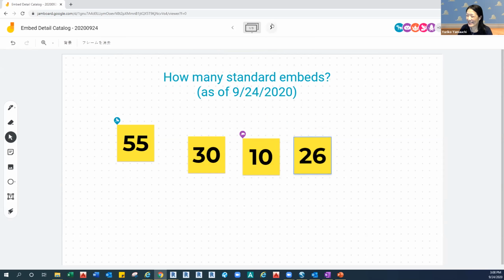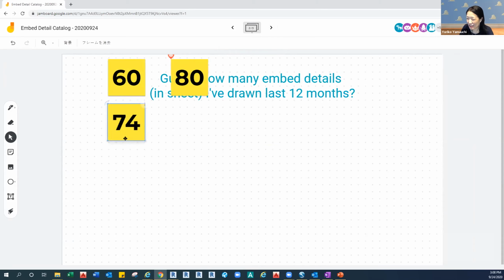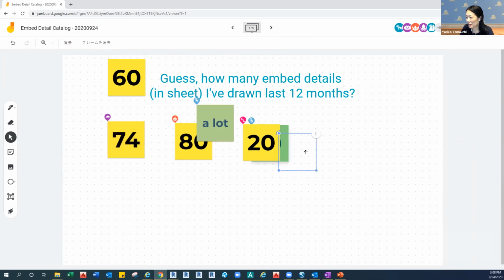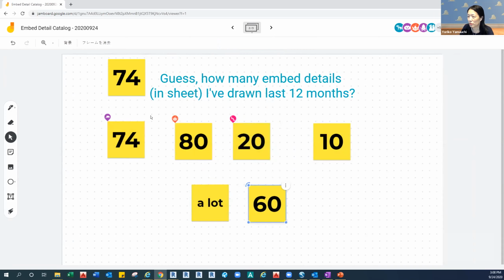All right, then next question. That one is also a guess. How many embed details in sheets have I drawn in the last 12 months? 74. A good number. 80, 60. The hint is, as the main drafter, I have had four projects. A lot.